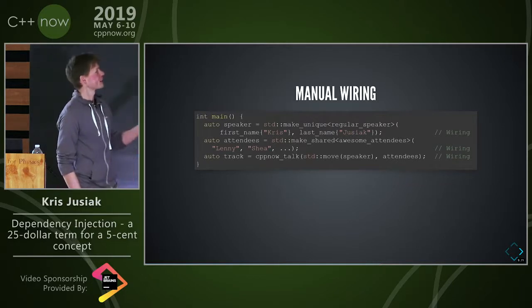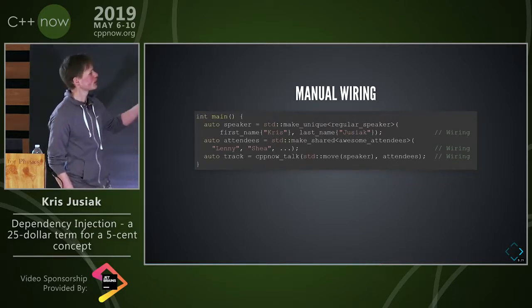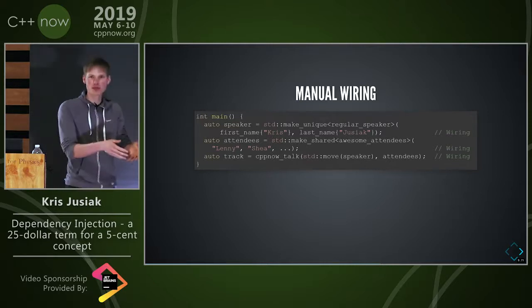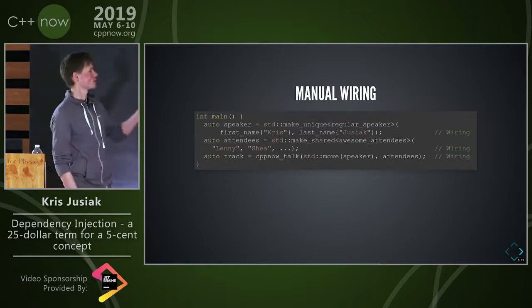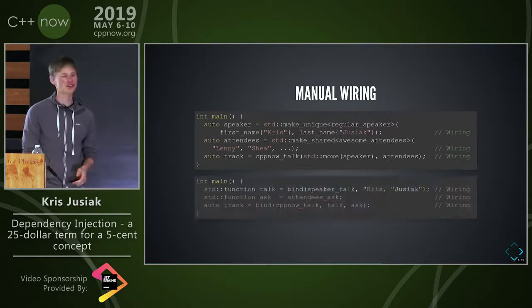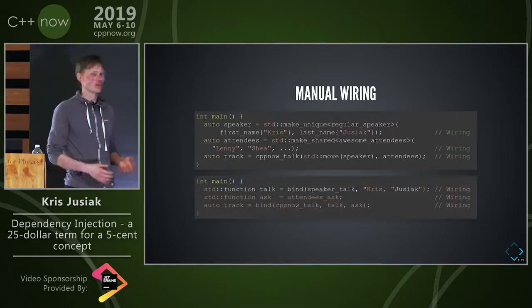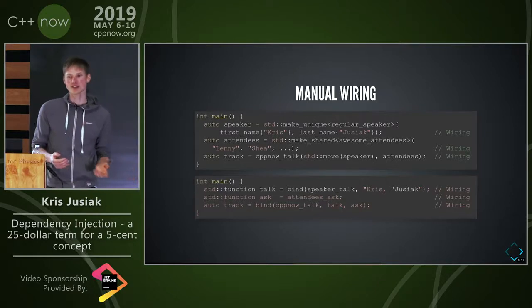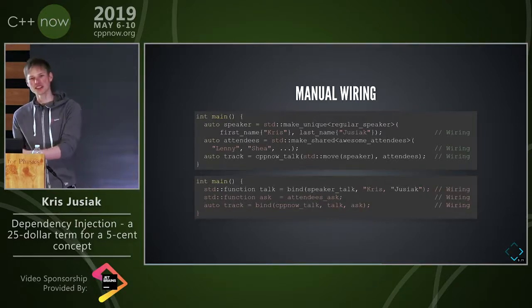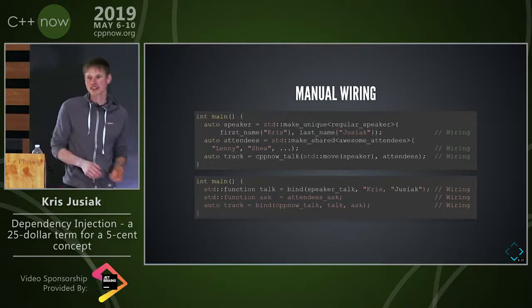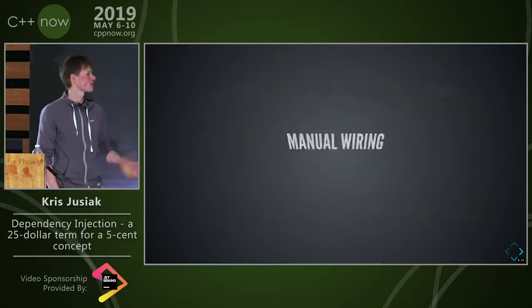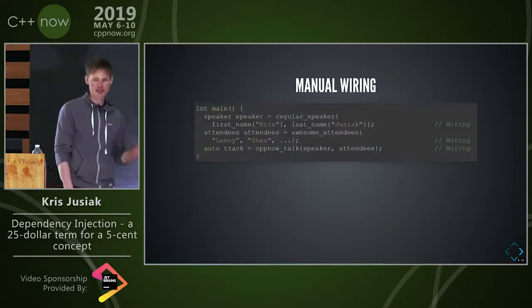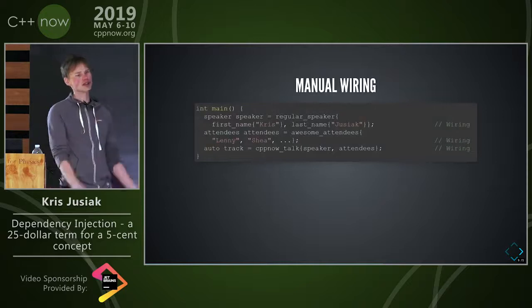So yeah, the manual wiring is the fact that we kind of move this problem from having it inside the classes to outside the classes, and right now we have to create all those guys and pass them through, which is tedious, not the best usage of the developers' time, because developers want to focus on the business logic, not on the wiring. Wiring is boring, right? Who wants to create classes? It's the same with the functions. It's the same with the templates. It's the same with the concepts. We always have to do that, and